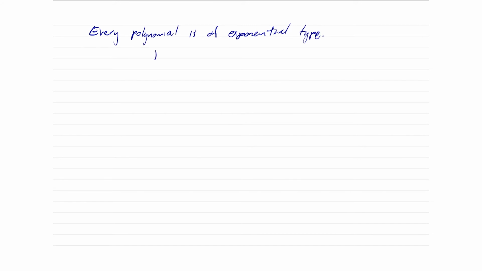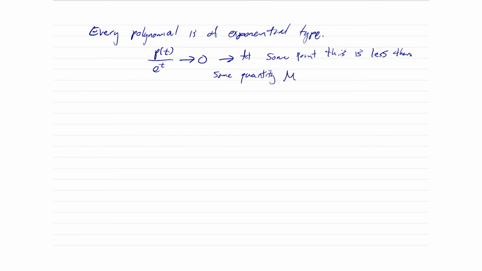And that's because basically if you have p of t divided by e to the t, this goes to 0, which means that basically at some point this is less than some quantity m,